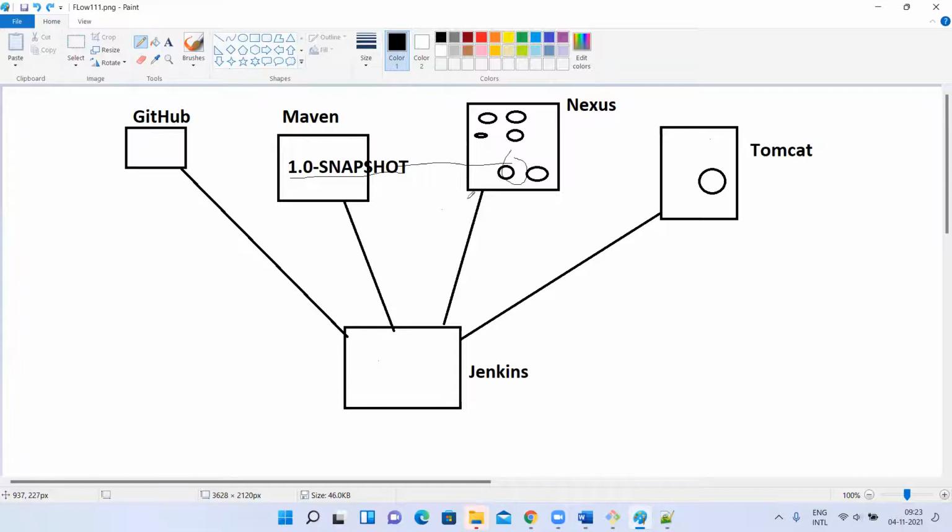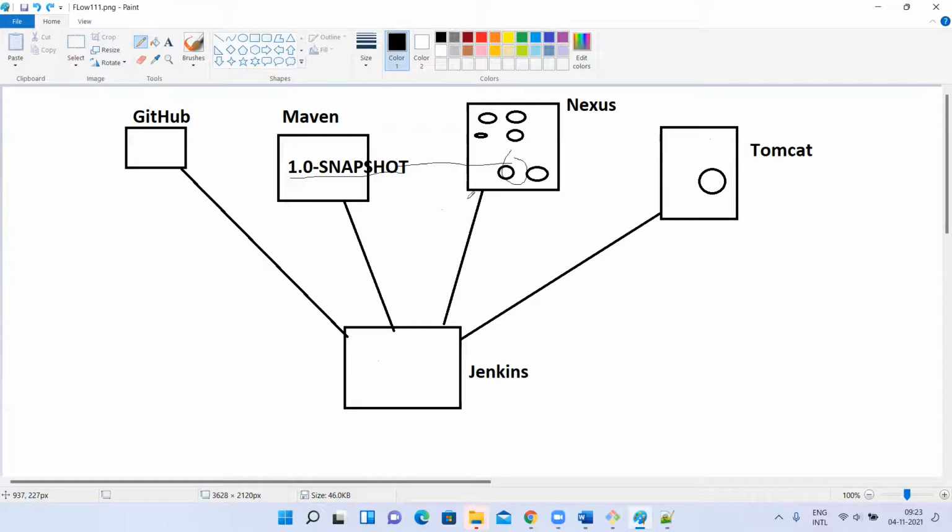Yes, sir. Under pom.xml, there is one tab, sir. We will give clean package. There we have to give clean deploy. Yeah, that understood. So in your Jenkins, earlier you used to give mvn clean package. Now, instead of package, I'll give mvn clean deploy. That is one point is correct. That is correct only. That is enough. But is that enough to do?